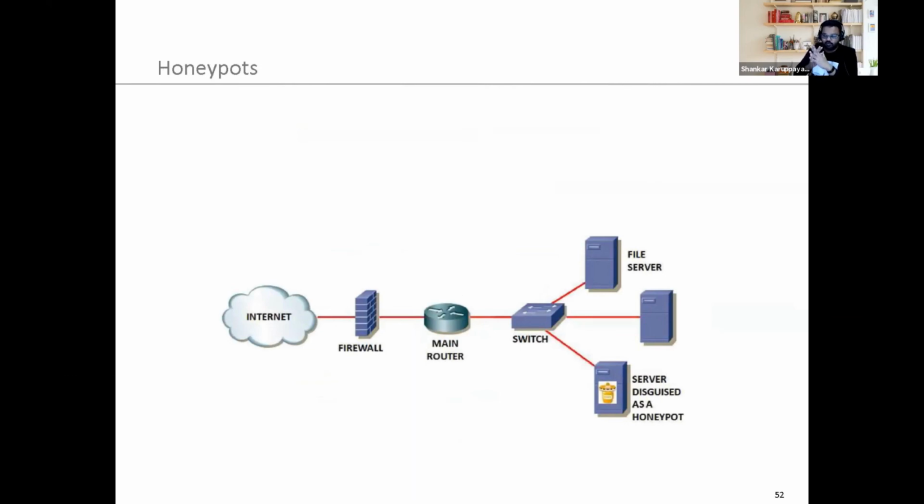But from a network perspective, this particular device looks like it's vulnerable. If you try to connect to the SSH service, Samba, or Telnet service, every one of these services will be available. If you scan, you will see a lot of open ports, and there are tools to identify what version of service they're running, and we will automatically portray that we are using one of the known vulnerable services. But essentially, it's not running that service, it's just emulating that service, so that if there